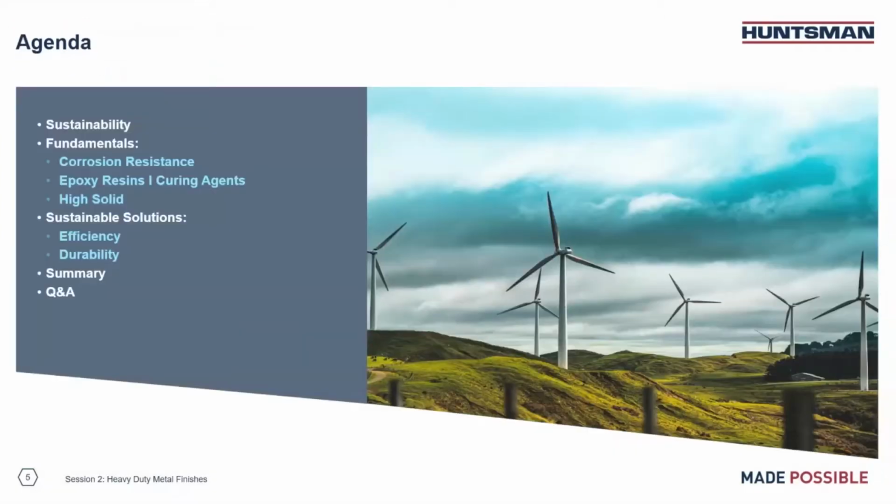What are the topics that we will be touching today? Firstly, we will be opening with a brief introduction to our sustainability drivers and commitments, followed by a high-level overview of science fundamentals on adhesion, hydrophobicity, and flexibility as key parameters leading to high corrosion resistance performance. We will continue showcasing polymer design features of epoxy systems, as well as requirements and implications of using high solid components in your formulations. Afterwards, we will deepen into our component solutions for coating formulations on compromised substrates, as well as solutions that address faster and lower temperature curing needs while meeting your most demanding sustainability requirements. At the end, we will conclude with a high-level summary of key formulation attributes and our final selection of component